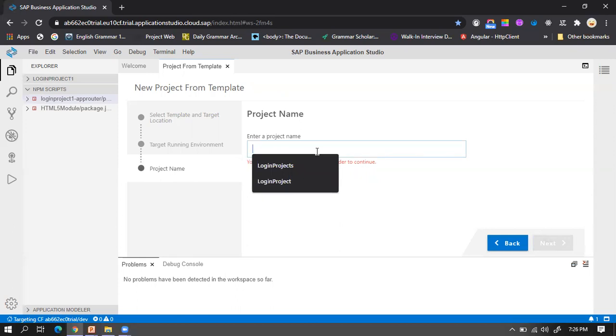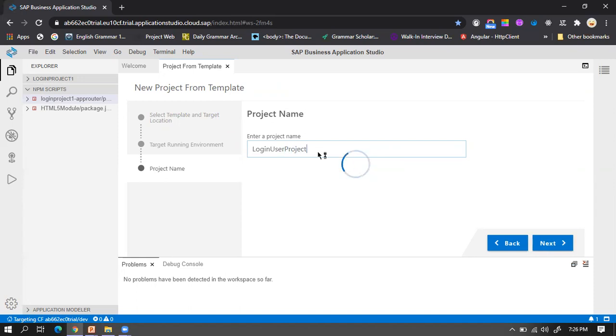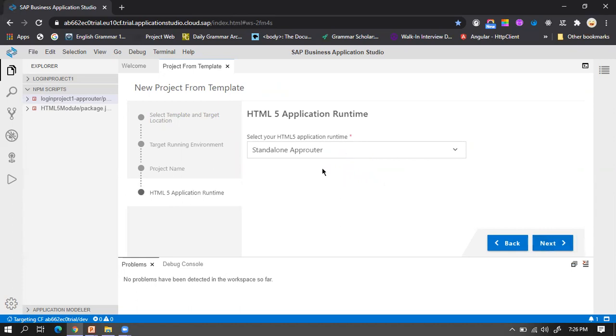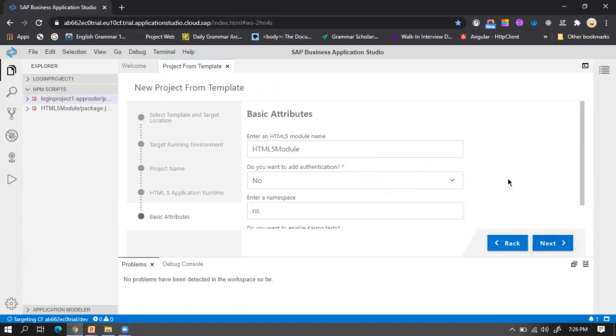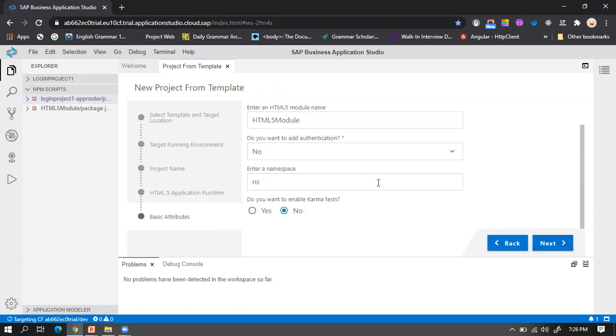We need to enter the project name. Let's enter it as login user project. Click next. Let it be the standalone app router. Just click next. Let's keep the default settings the same and click on next.